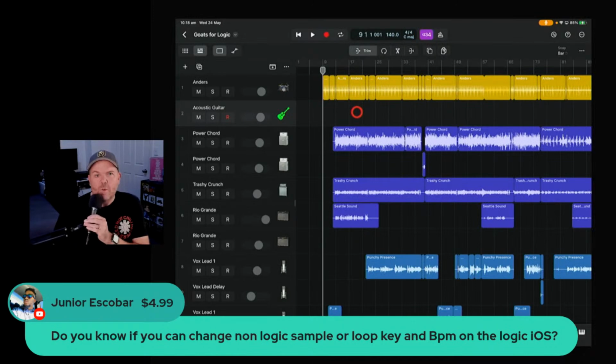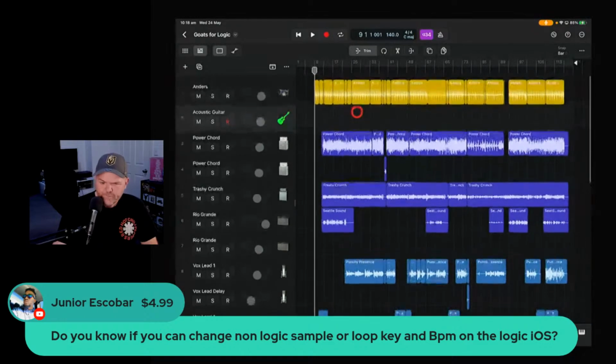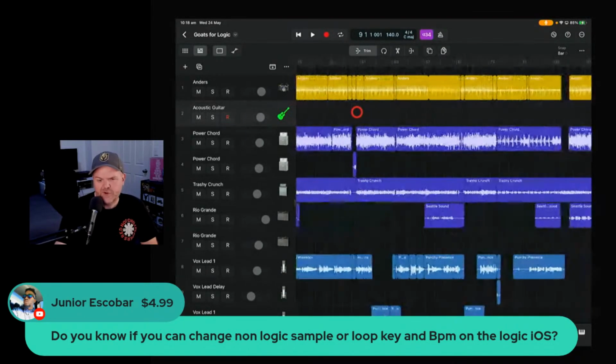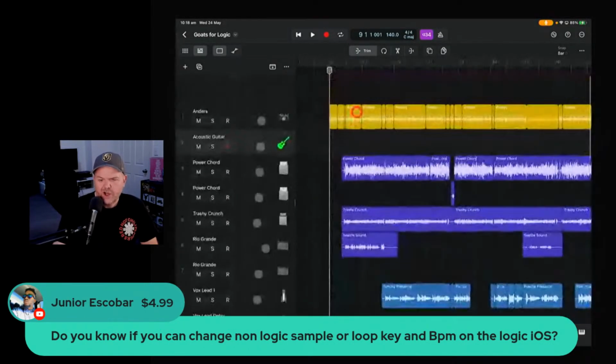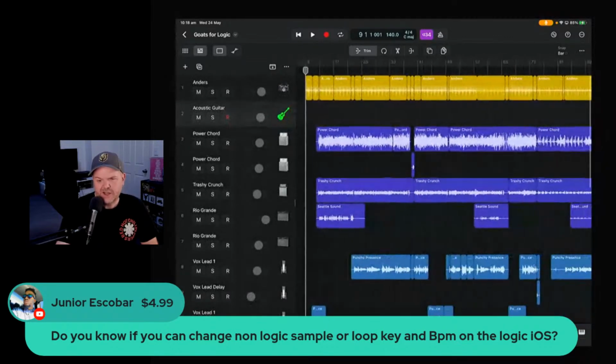Yes, sort of. What you can do is use the stretch mode. I was meaning to show you this anyway, so I'll show this right now. If you bring in a sample externally that's not at the BPM of the track, you can use the stretch mode to actually make it fit, and that will adjust the BPM. And I'm pretty sure under the settings you can do the same sort of thing.